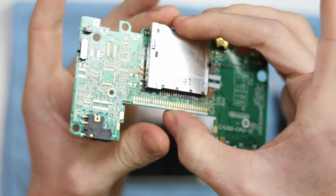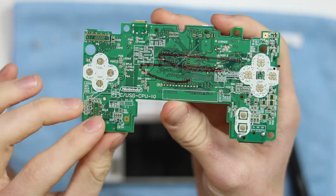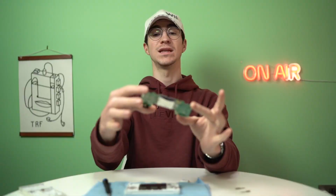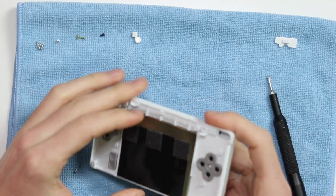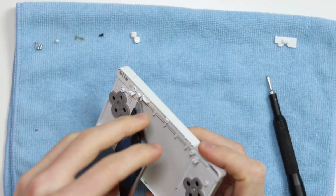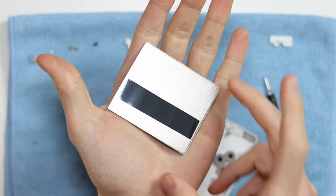What a beautiful sight. No ribbon cable connectors, no resistors, no chips, no capacitors, nothing. No LEDs. It's just empty. Kind of scary. And then this is it, exactly what I expected. It is an enormous weight. Would you look at that? That is absolutely shockingly heavy for the size of it,